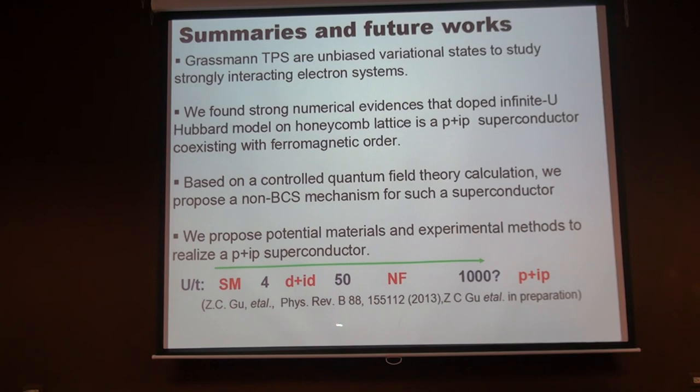So finally I want to answer Shevon's question. Here is just one plot for a brief phase diagram. Let's focus on 10% doping. For the phase boundary, we are still doing more calculations for the full Hubbard model. But basically, around U over T equal to 4, below that, we find it's just a semimetal. There's no superconductivity at all. And above that,